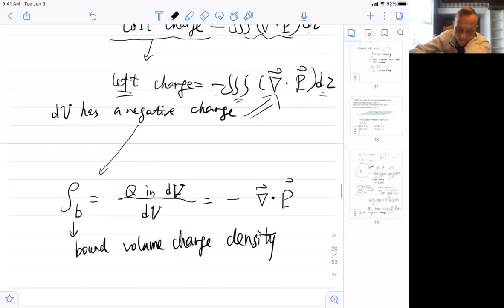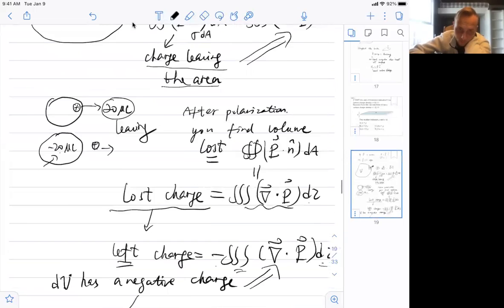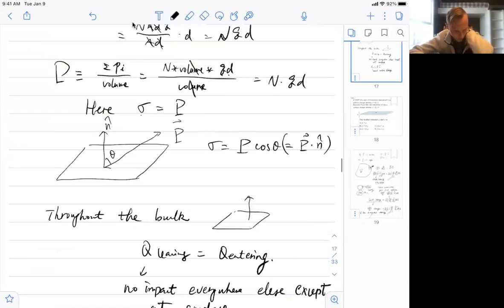You can see it only shows up when you have a non-uniform polarization. But if your polarization is uniform, you can see it's not going to have any divergence, and therefore you're not going to have any bulk density throughout the volume, right? So going back to this animation,